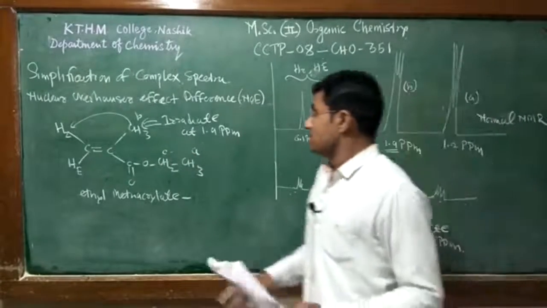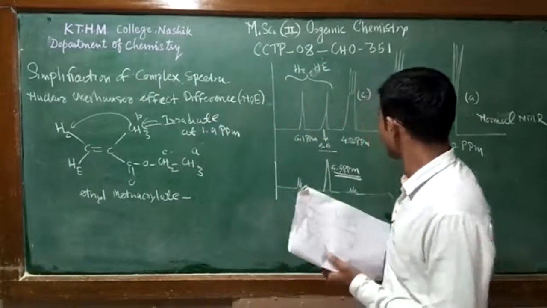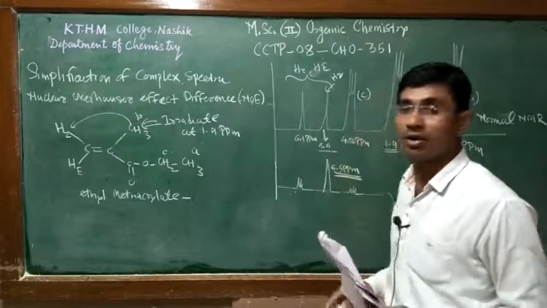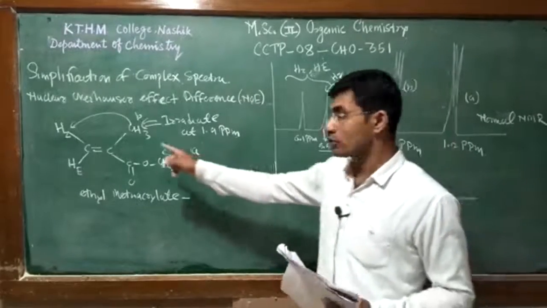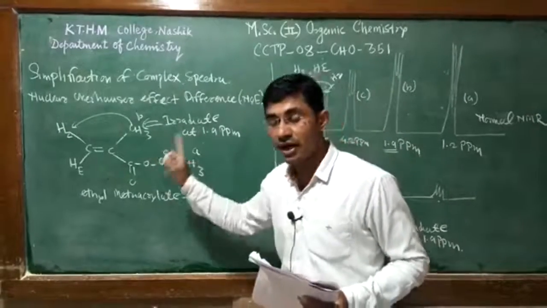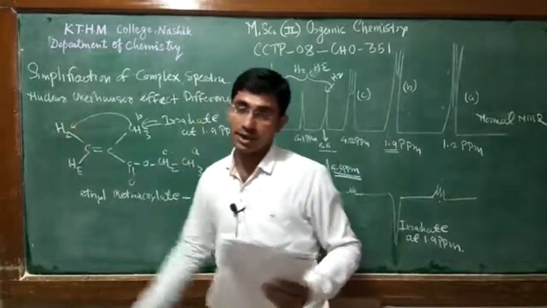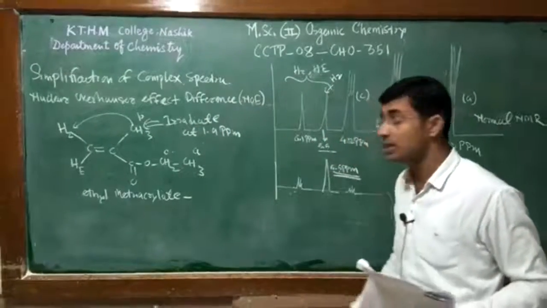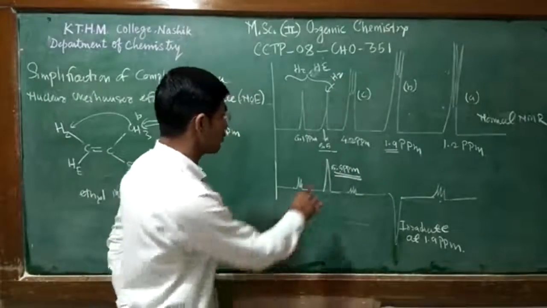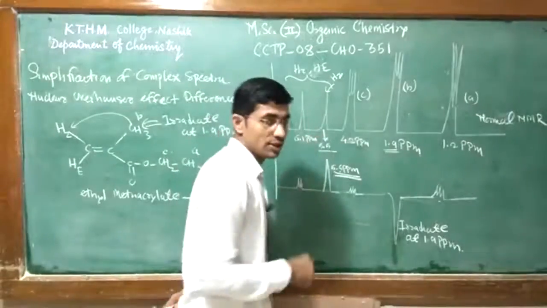This means the signal at 5.5 ppm is because of this vinylic proton. This is confirmed by the nuclear Overhauser effect by irradiation at 1.9 ppm. If we irradiate the protons at 1.9 ppm, by the dipolar mechanism the signal intensity of this proton increases. We observe enhancement in signal intensity, a positive signal for only this proton, the signal at 5.5 ppm.